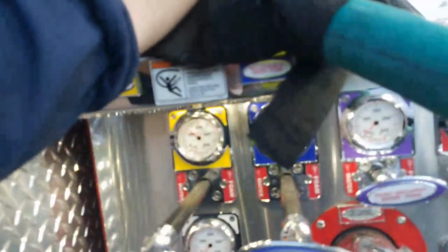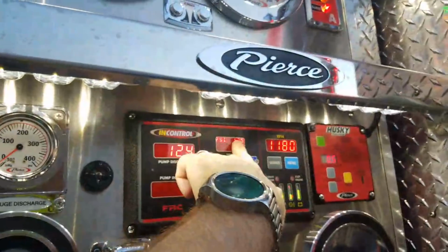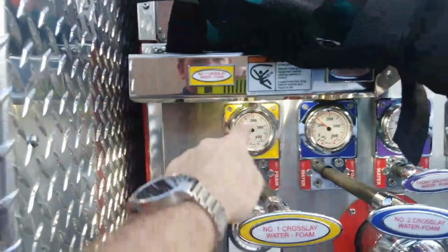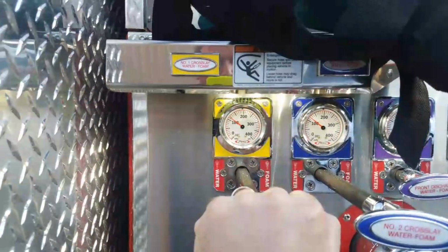So unfortunately I can't show you because we don't have that one deployed, but you would gate it back, and I'll show you on one of these other lines. So all the way out, it's gonna run me at whatever my governor is set to up here, 125. If I wanted this to only be down to 100, which is what you run the front bumper line at, I just push it in